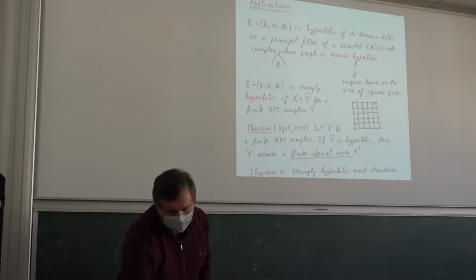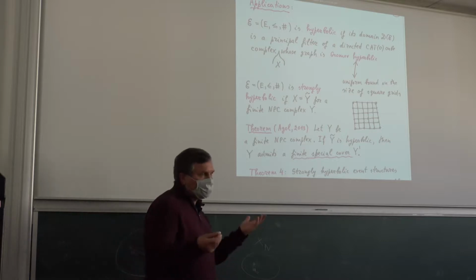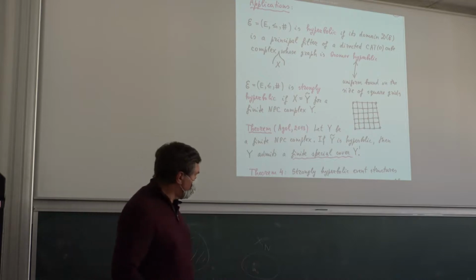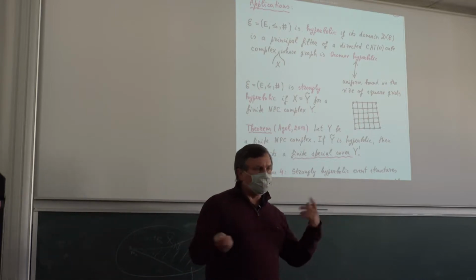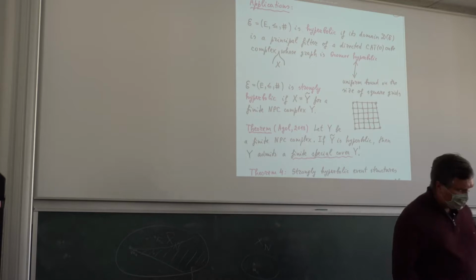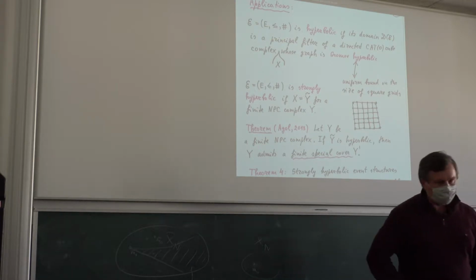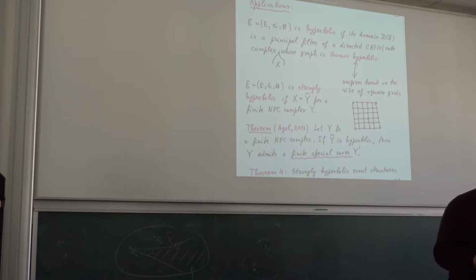Okay, I promised some applications. Applications should be the subject of another talk. In fact, when you have this result, this bijection between one-safe Petri nets and the special cube complexes, you can take care of the special cube complex. You can forget a little bit about the one-safe Petri net sometimes. And for example, if you want to construct an example or counterexample, you just take the universal cover of the special cube complex and